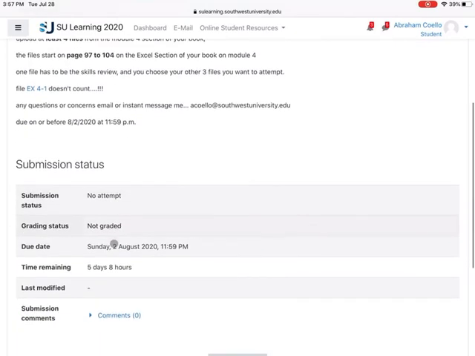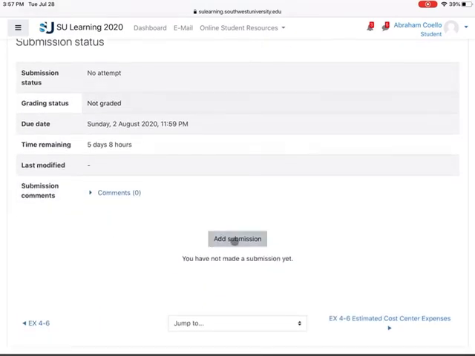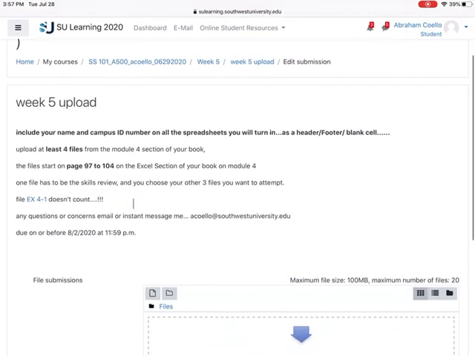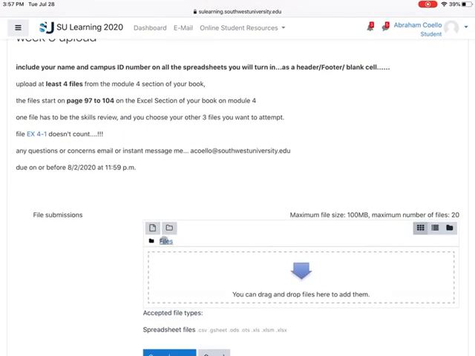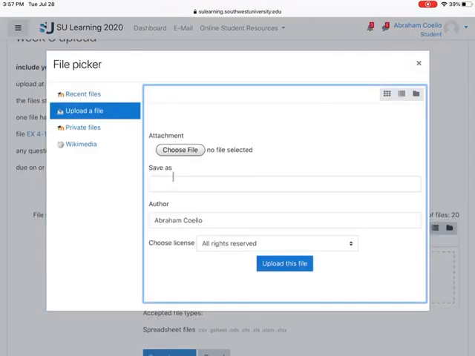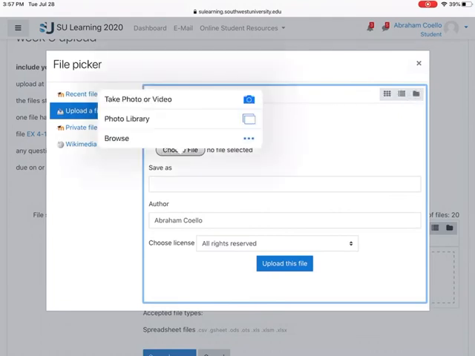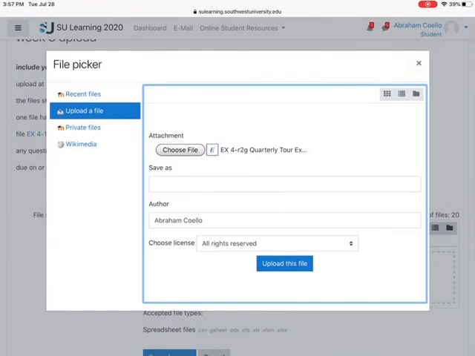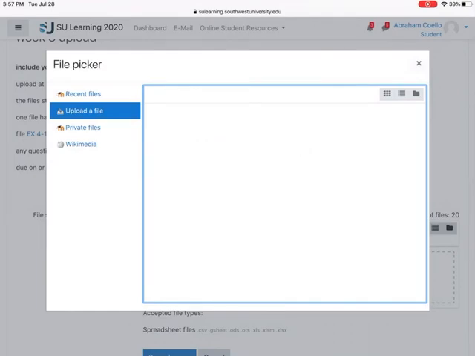Term's almost over, guys, so make sure you do your stuff. Don't procrastinate. You're gonna click on Add Submission. Click on the files, and again, I remember I had a hard time last time. Browse. And you should see the name of the file you just created. Make sure it's the correct one. Upload your